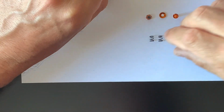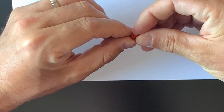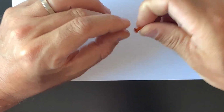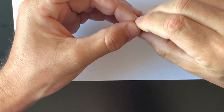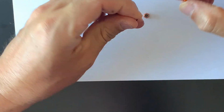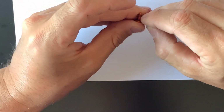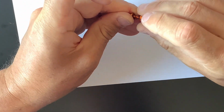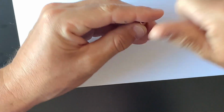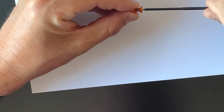So I'm just going to take those 2 away for now, and what I've got here is an M3 bolt, countersink, and a countersink washer. I'm going to push that through there, and then I'm going to pop the spring on the bolt, and then I've got a nut which I'm then going to screw onto the end of that bolt, and then I'm going to wind